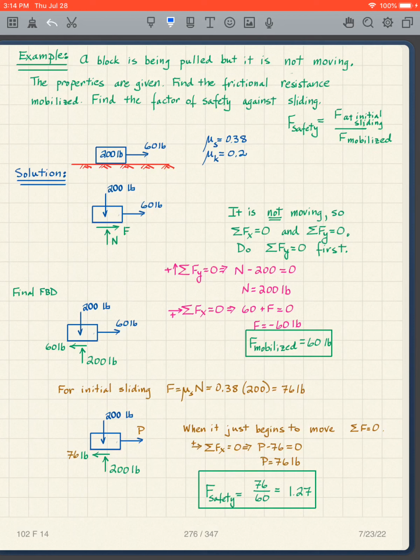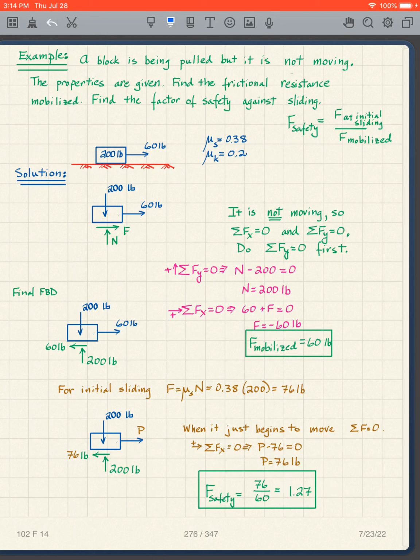So I have my factor of safety using this definition. Well, F at initial sliding is 76 pounds. And what we've mobilized, what is actually there, is only 60 pounds,